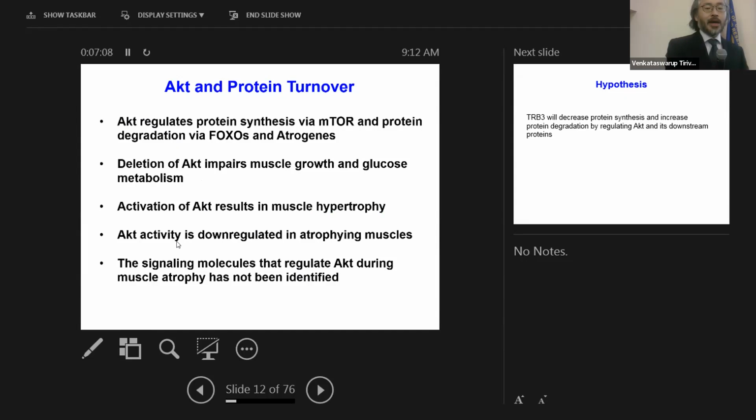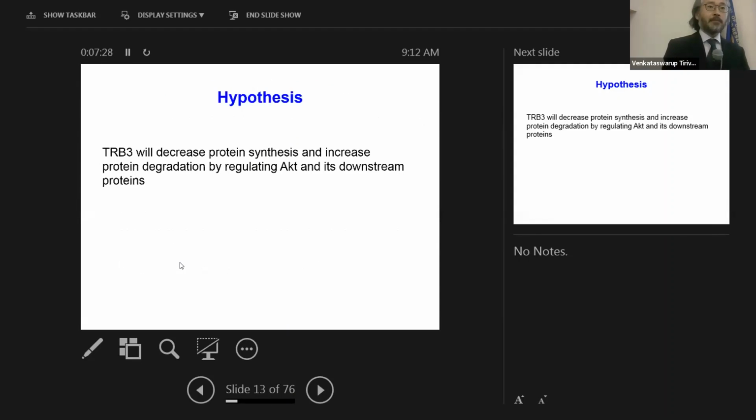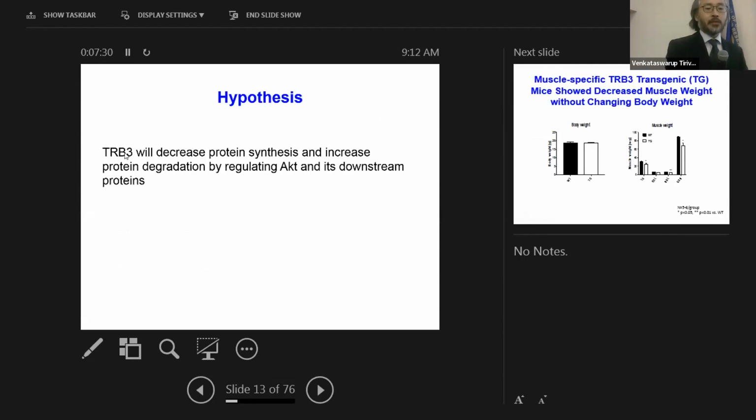If you look at multiple atrophic conditions, you commonly see that AKT activity is downregulated. However, we don't know yet how the atrophic conditions suppress AKT activity. That's the one key question that remains to be answered. So our hypothesis is that TRB3 will decrease protein synthesis and increase protein degradation by regulating AKT and its